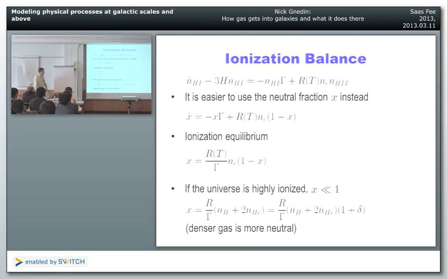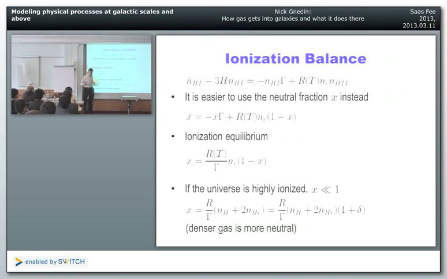So if we now write a very simple equation that describes the balance between ionized and neutral hydrogen. All I have to do is to say, okay, I have my neutral hydrogen, HI means neutral hydrogen. I presume all of you know this spectroscopic notation. The change in the number density of neutral hydrogen comes from the cosmic expansion. This is just the dilution of density because of the expansion of space. Then hydrogen is being destroyed by radiation. So gamma, the photoionization rate, describes the rate with which hydrogen is being ionized. So hydrogen goes from neutral to ionized. But ionized hydrogen can recombine by colliding with the electrons. And so the second term